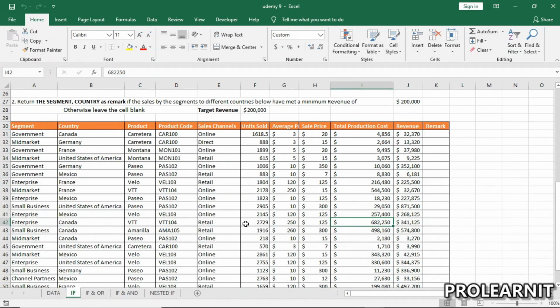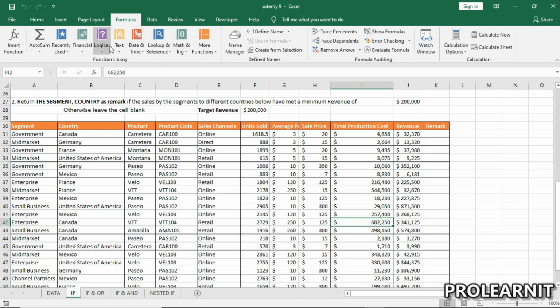Alright, so friends, today we're going to be talking about the IF function here in Excel. Basically, if you can remember vividly when we were talking about Excel formulas, I made reference to what we call the logical statements here in Excel, and I told you that we're going to be talking about the AND function, the IF function, the OR function, and we're going to be nesting the IF and OR functions